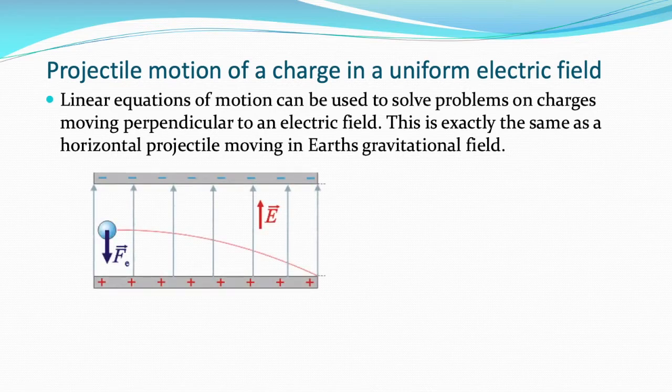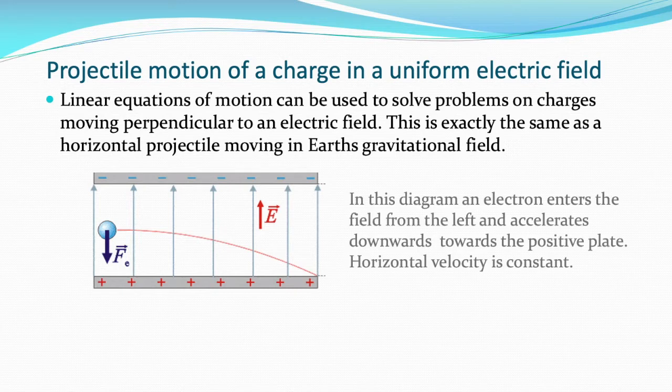A bit like this. Here's a wee blue electron that's being fired from left to right into a uniform electric field. It's experiencing a force downwards. It's being repelled by the top plate, attracted to the bottom plate, and because it's a negative charge, it's moving in the opposite direction to the field lines. The electric field lines always point in the direction that a positive charge would experience a force. So that red electric field vector is showing you upwards, but the electron experiences a force downwards,